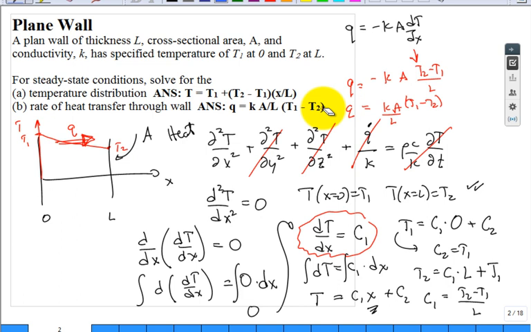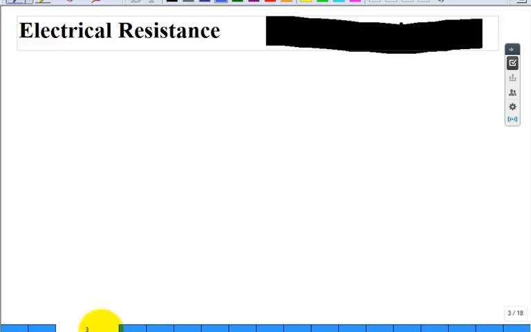Too easy, isn't it? Well, the whole day is like this. Now we come up with the concept of electrical and thermal resistance. We believe at this point you have mastered Ohm's law. Ohm's law. If I have a resistor